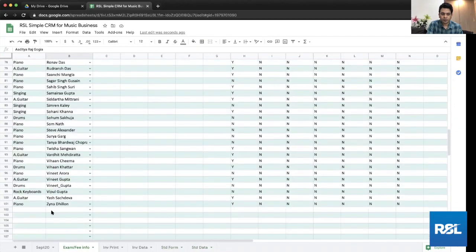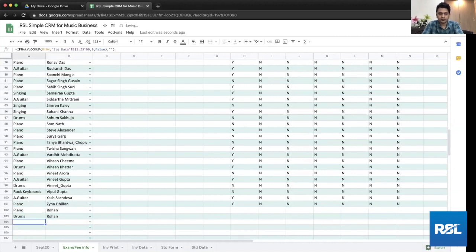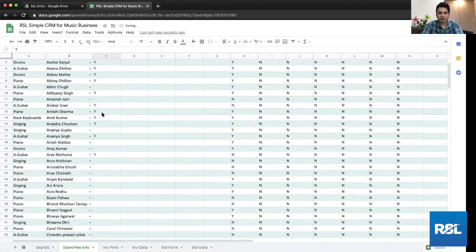Wow, there's a lot of students. So if I start typing Rohan, the moment I do this, his first instrument will pop up on the left. This is something that you can override. It has a formula on the top. You can see there's a formula on the top, but you can override this formula. This cell is open. So what you can do is type Rohan, and you can say drums. You can do that. And then you can mention that Rohan is going to be signed up for the exam for drums. This is going to be the Rock School sheet on the top.